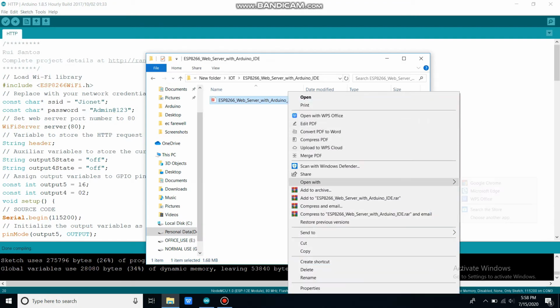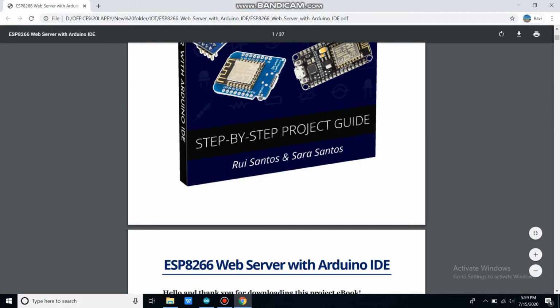To copy the program file, you need to open the PDF in the Chrome browser because the GitHub link is not working properly.